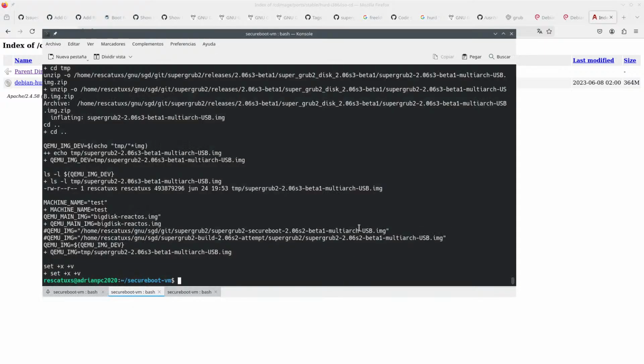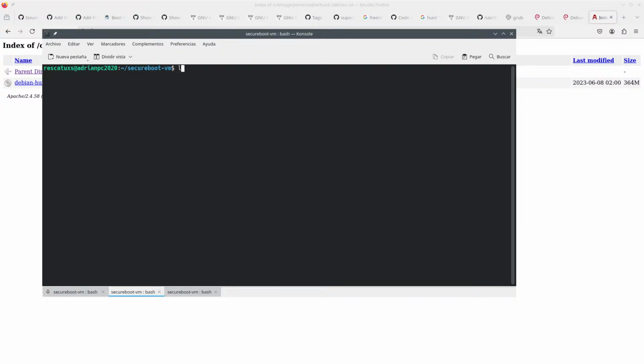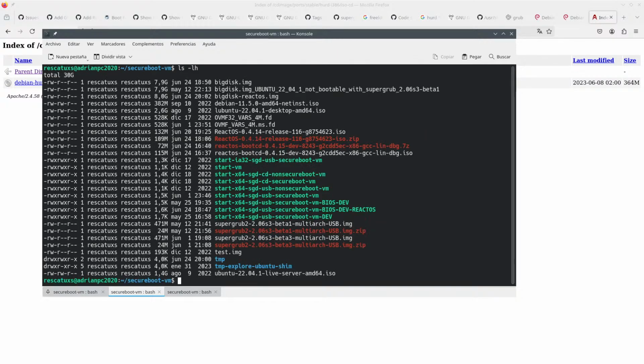So what I want to do is, okay, first of all, let's make a copy of this ReactOS thing, which we are going to wipe completely. This is going to be Hurd.